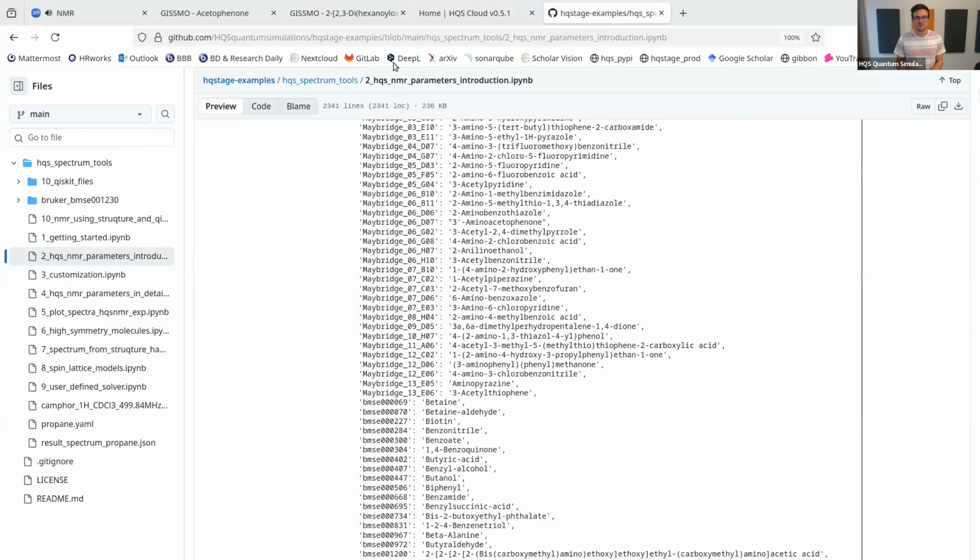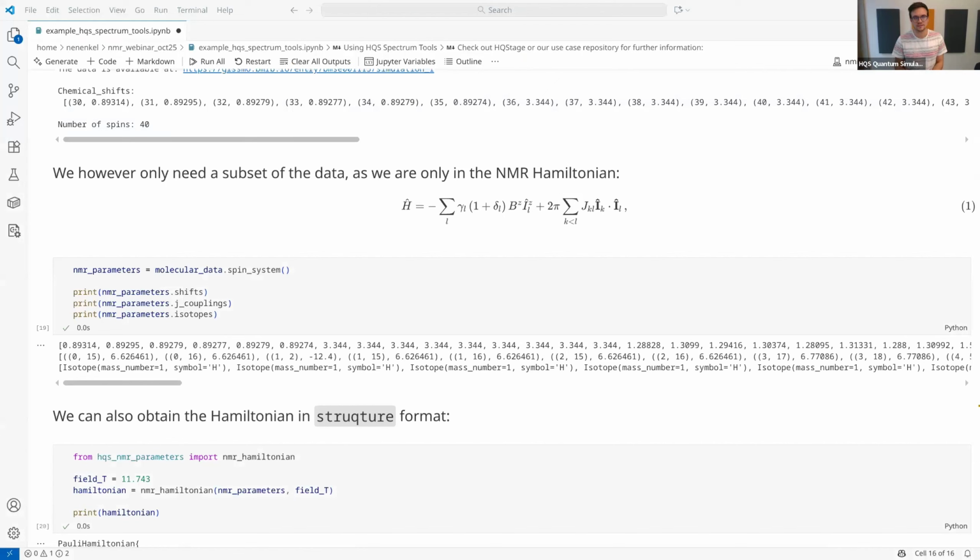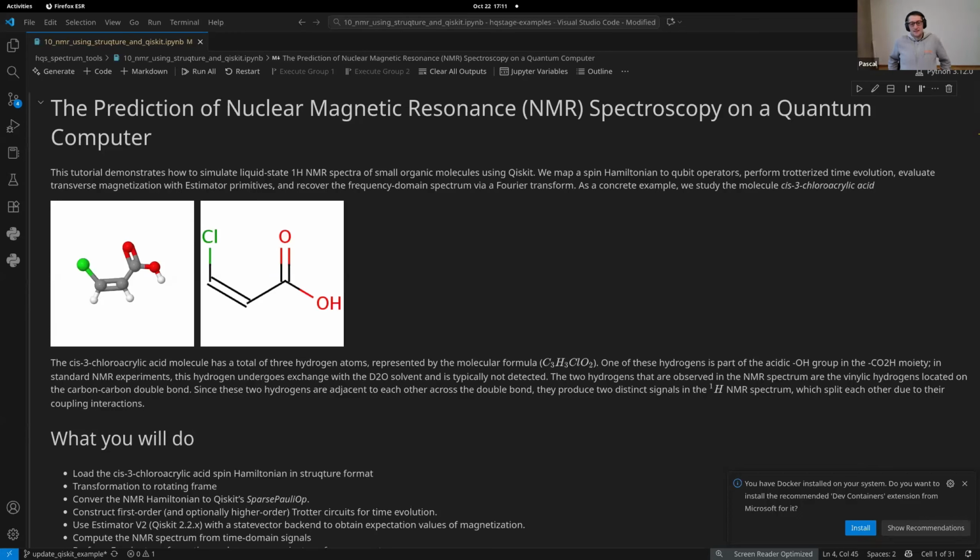And now that we've seen how we can get NMR parameters and how we can solve them classically using HQS Spectrum Tools, next up is Pascal, who will show you how you can get from these parameters to something you can run on the quantum computer. So, Pascal. All right. So as Sebastian mentioned already,